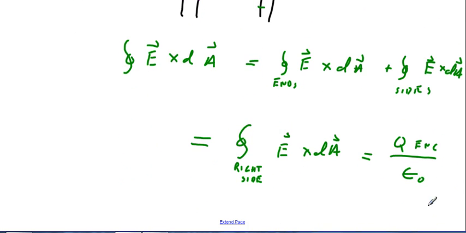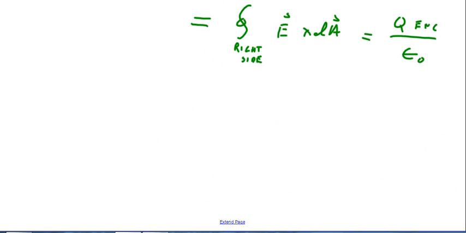I'm not sure I like my picture, but that's what we have. So the electric field between the two plates,